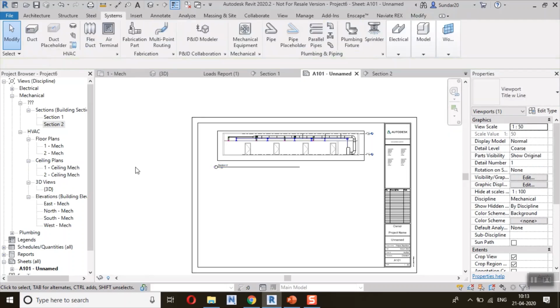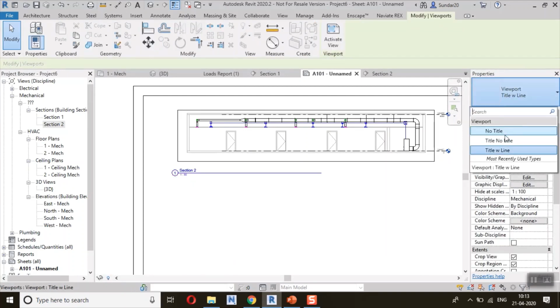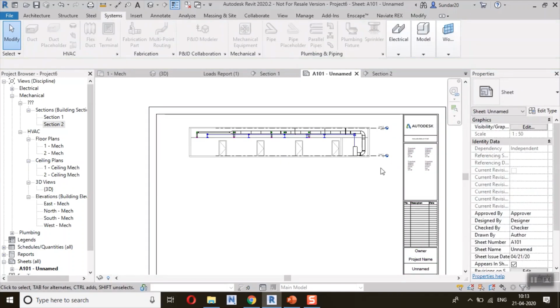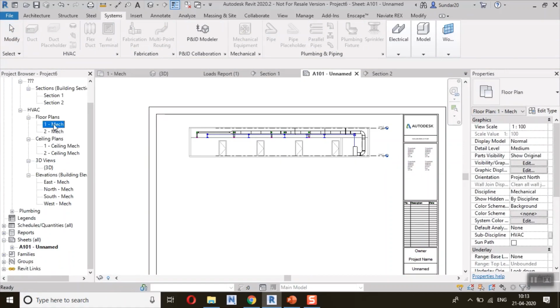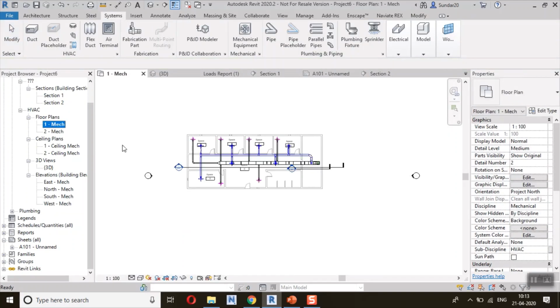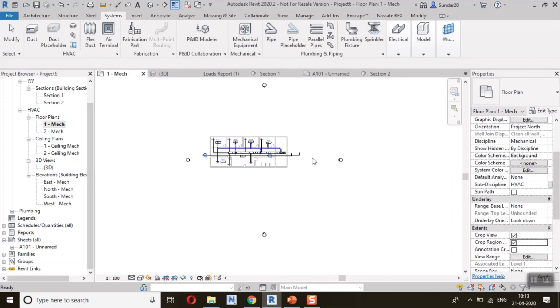Okay, so just hide the title line. Select and go to the properties, no title, and I want to hide the boundary line. So select, just enable the crop region, or disable the crop region, and next step I'm going to paste my plan view. You don't want these elevation points, so just enable the crop view and crop region.